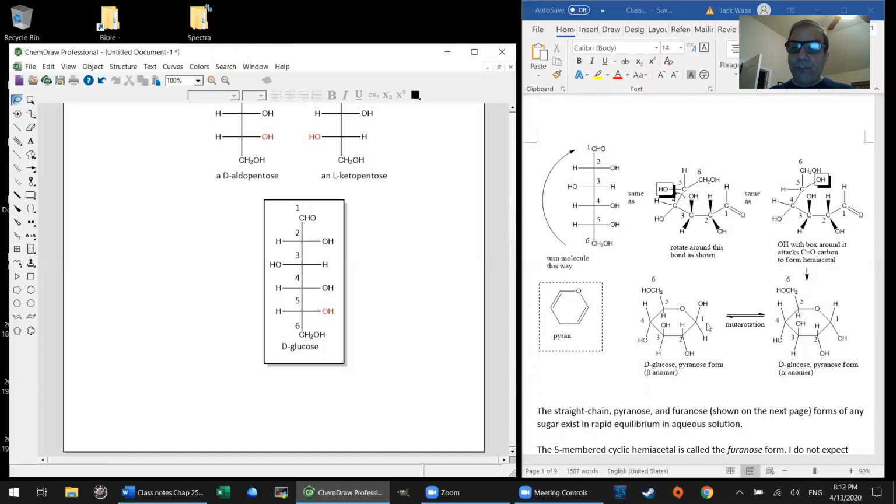And so there are 2 different diastereomers, or anomers as they're also called, that are called the beta and alpha anomers. And I have trouble remembering which is which. The way I do it, and I have no doubt that you will find a better way to remember, is that the vowels and consonants don't go together. So when the OH group is up, that's the beta anomer, because B and U are a vowel and a consonant. They don't go together. Similarly, when the OH is down, that's the alpha anomer. So the vowels and consonants do not correspond. That's how I remember it. Like I said, I'm sure you'll come up with a better way.